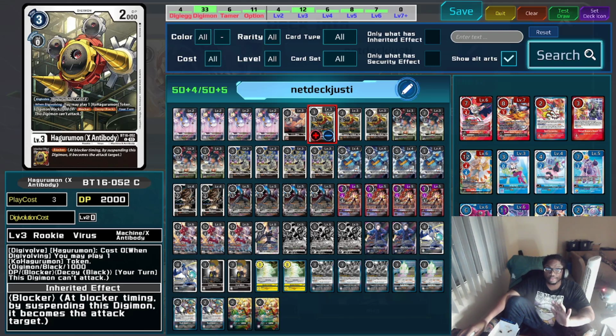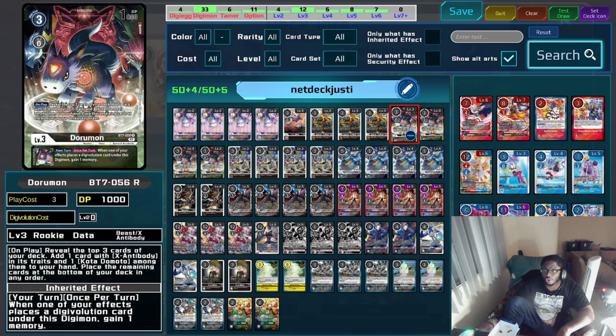But now onto the more spicier side of things. We are running 4 copies of the Dorimon. Now in Ismail's list, he runs 2 copies, but I prefer the 4 because this is the Digimon you want to put in the breeding area. The reason why is because of its inheritable. You can use the on-play effect as well, and we'll go over that in just a second, but the inheritable is really what's important, which is once per turn, when you place a Digivolution card under this Digimon,